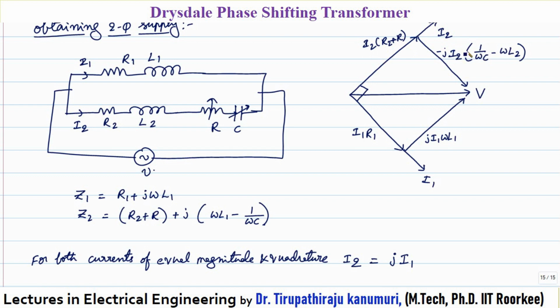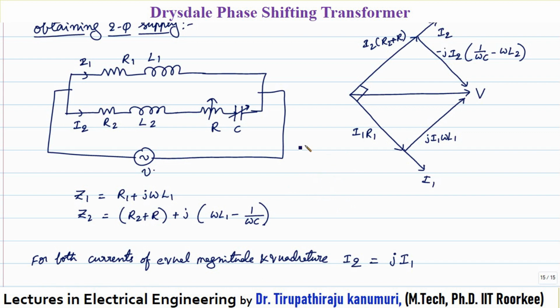whatever the equation is here, I have interchanged the terms, meaning minus j will come here. If you take the axes like this, this is my real axis and this is the imaginary axis. Minus j means it will come on the other side. So if this is my current I2, I have to represent minus j, and minus j means we have to draw like this. That's why I have drawn it 90 degrees, perpendicular at the tip of this, because this angle will be 90 degrees. I hope this is clear to you.